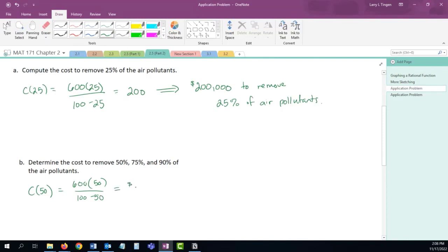So to get 50% of the pollutants out is going to cost me $600,000, right? The relationship is not linear. And why is that? Okay. It's the same reason that